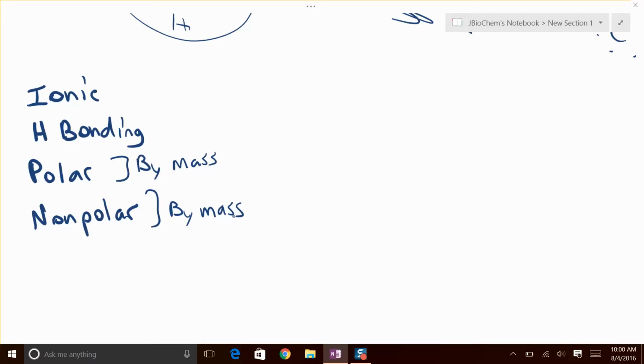Covalent crystals are in a different category because they've taken on a whole other phase, almost a step to them. But when we talk about these covalent structures within the H bonding and the polar,